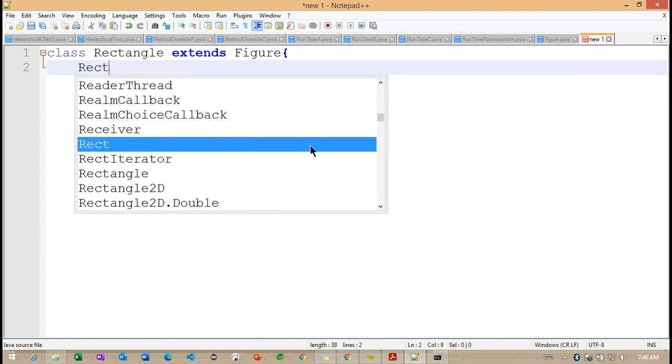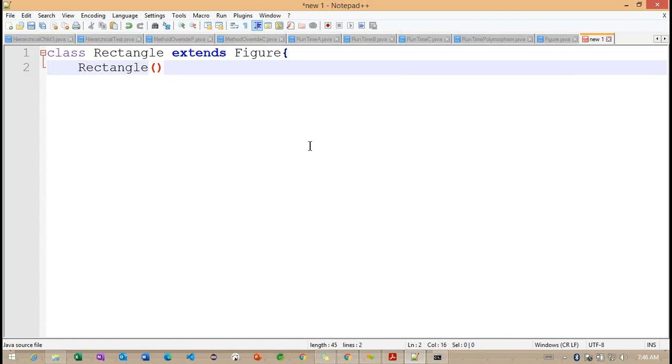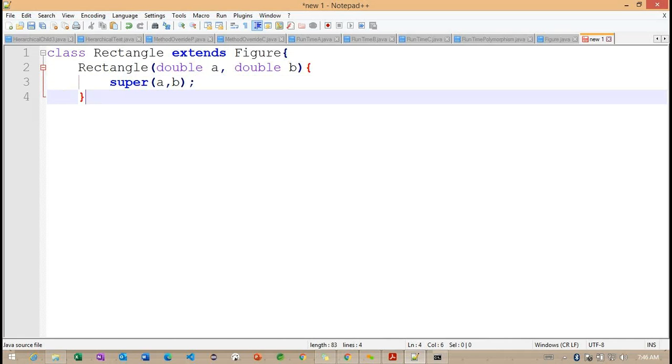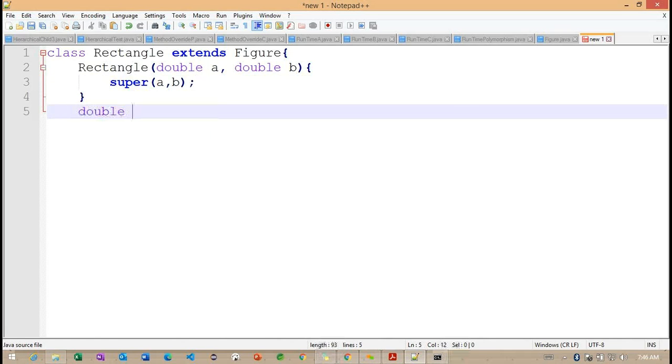Now the same parameters I'm defining in the constructor: double A comma B, and directly I'm going to call the superclass constructor. Getting the point. So the constructor is completed here.